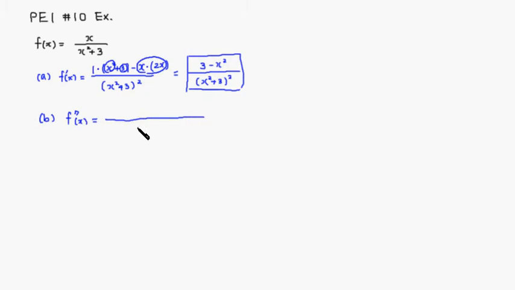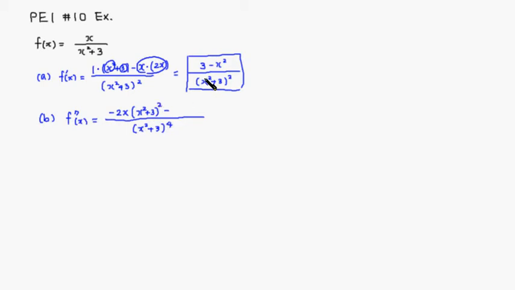Square the denominator, so quantity x squared plus 3 raised to the square, so it's going to be to the 4th power. Derivative of the top is negative 2x times the bottom, which is x squared plus 3 squared,